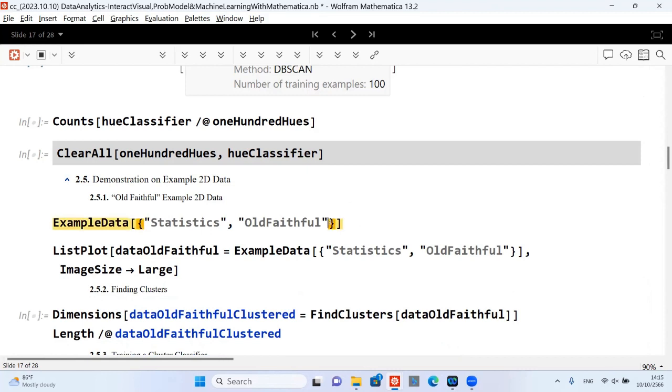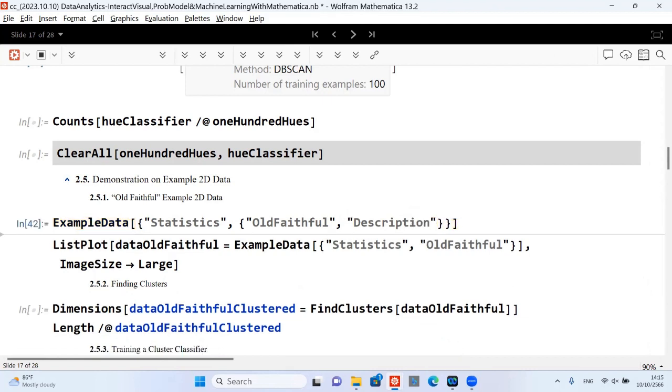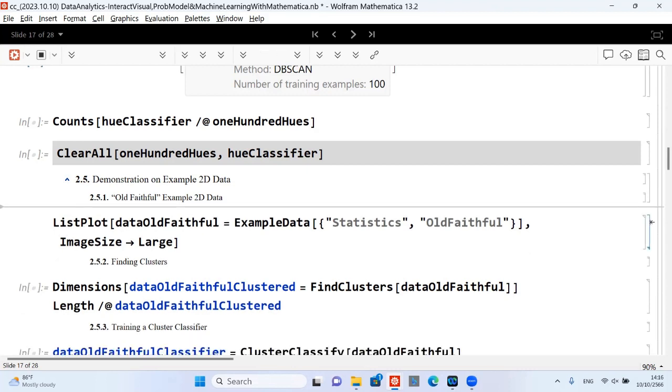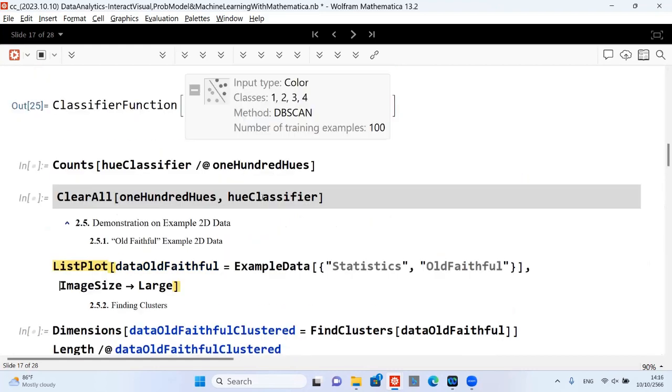So, Old Faithful, comma, something like description. There's some syntax here that I keep forgetting. It's in the example data page. Press F1 and it will tell you how to use it. Okay. Anyway, the point is,